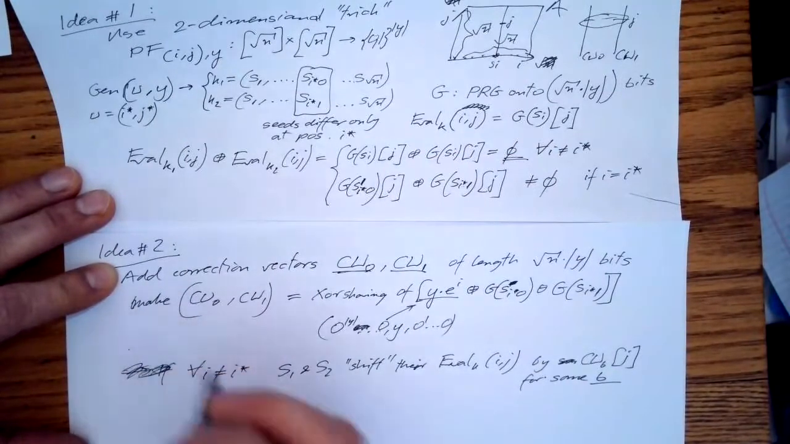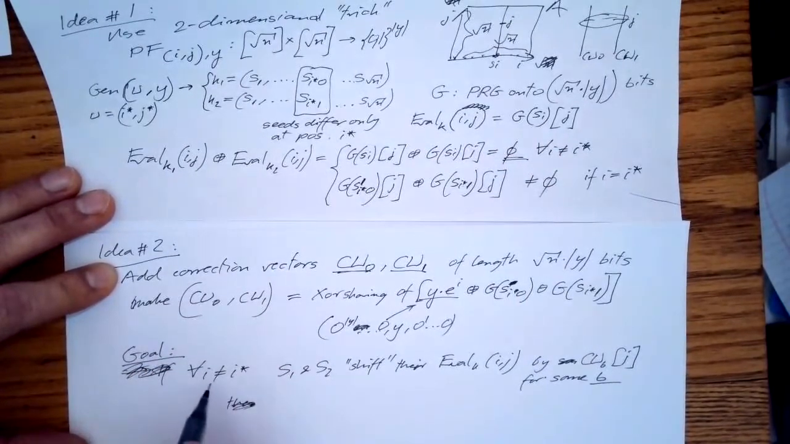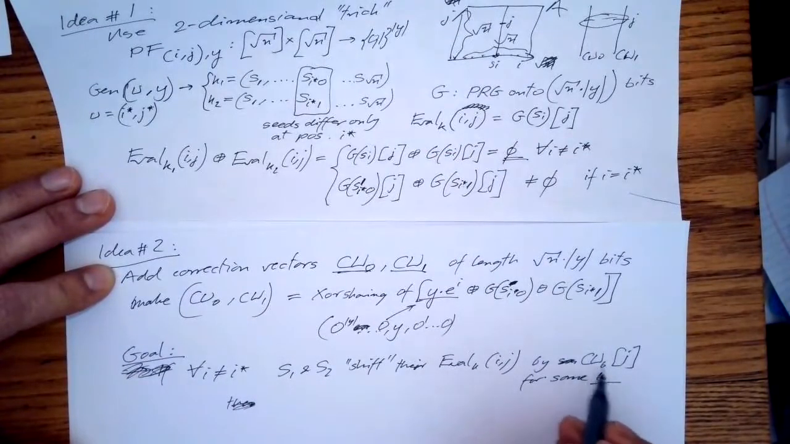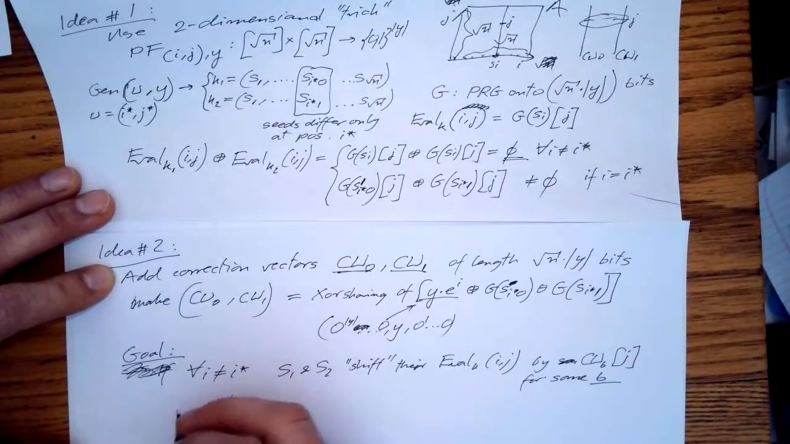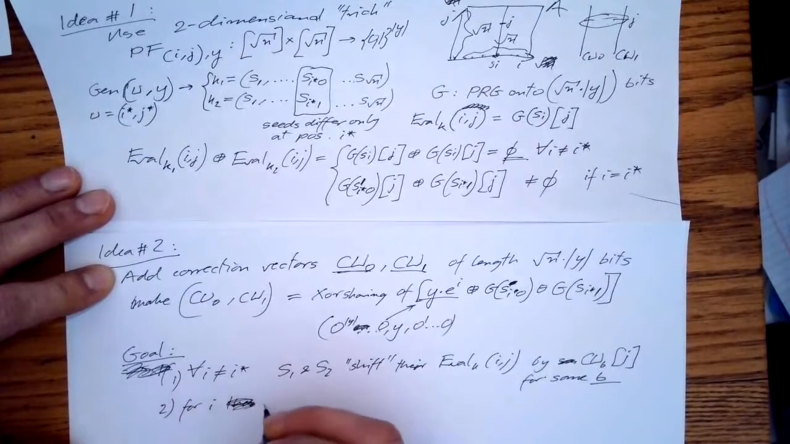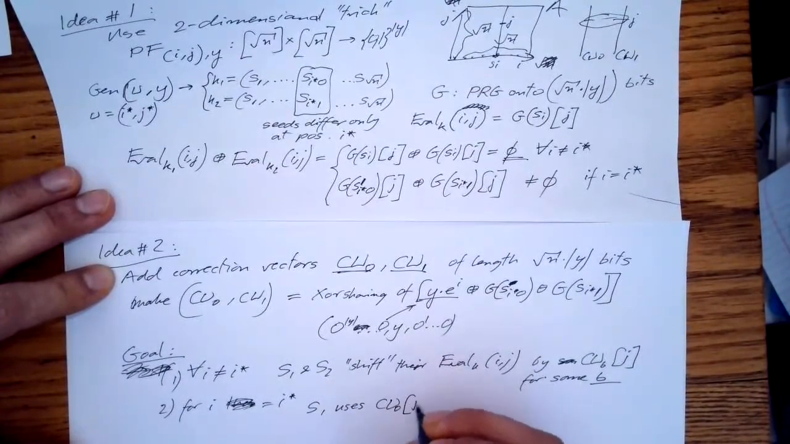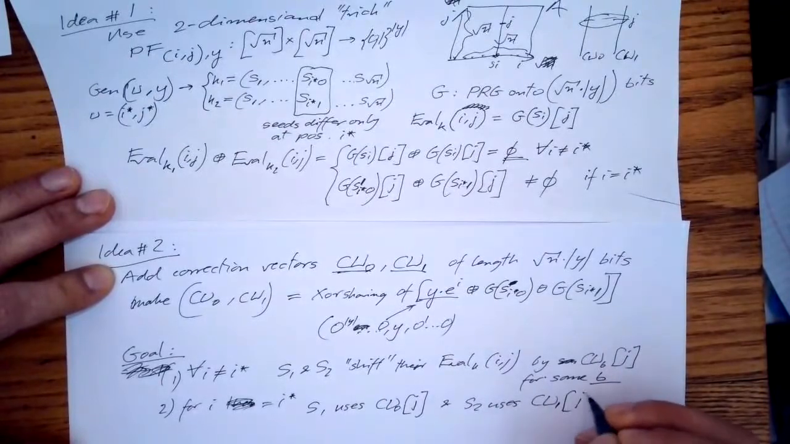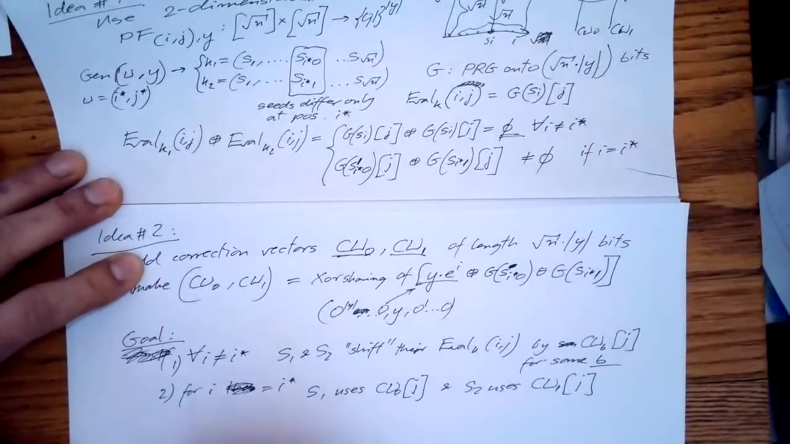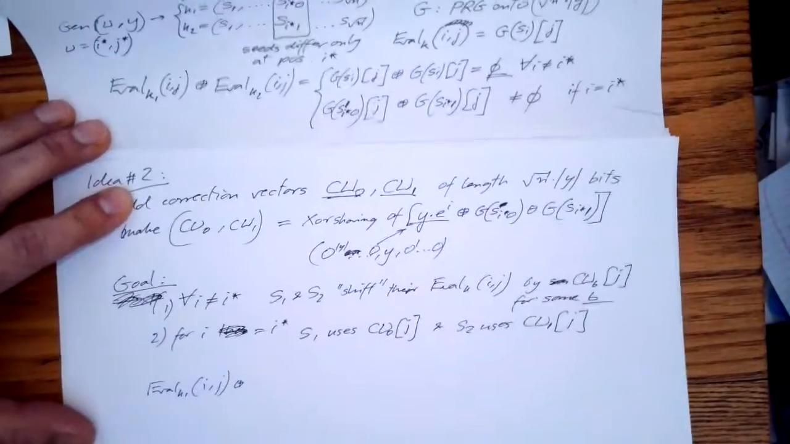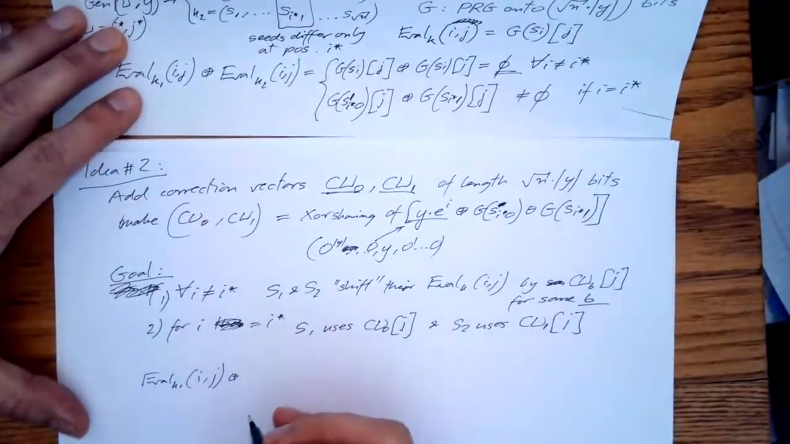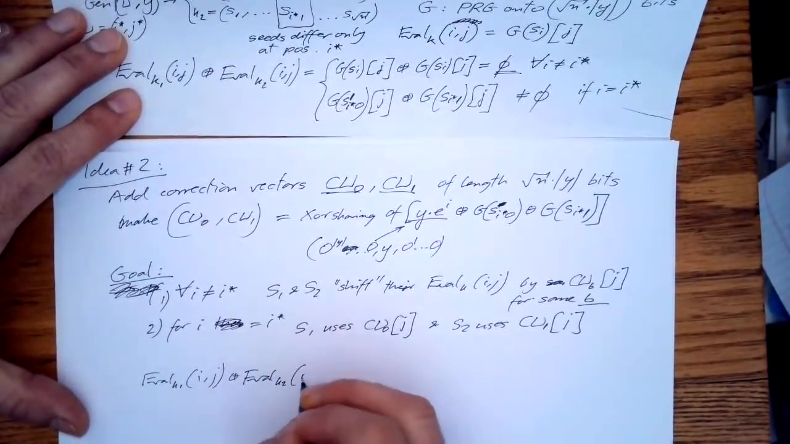So this is our goal. We want them to use the same vector of the same of these two at all positions that are not i*, and for i equal i*, let's say S1 uses CW0 at J, and S2 uses CW1 at J. Well, in that case, now eval K1 at (i,j) XOR eval K2 at (i,j) will be